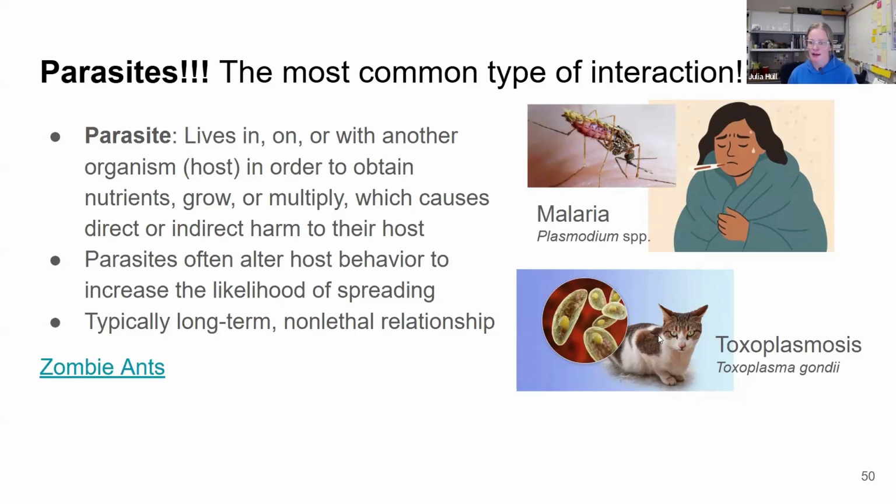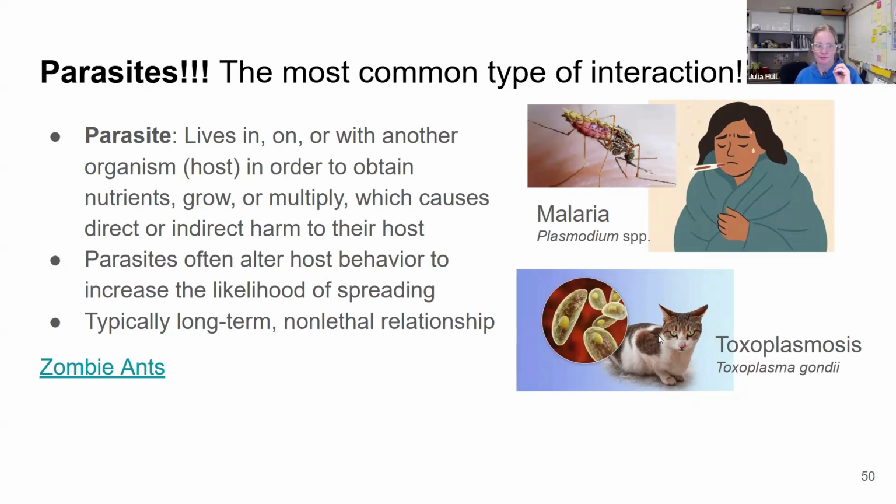For example, mice that have the Toxoplasma gondii parasite are less risk averse and more likely to approach cats. And that is probably going to have some negative consequences for the mouse, but for the Toxoplasma, that parasite needs to be able to get into a feline host in order for it to complete its sexual life cycle. So this